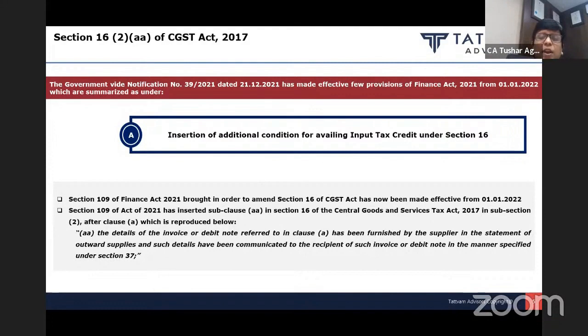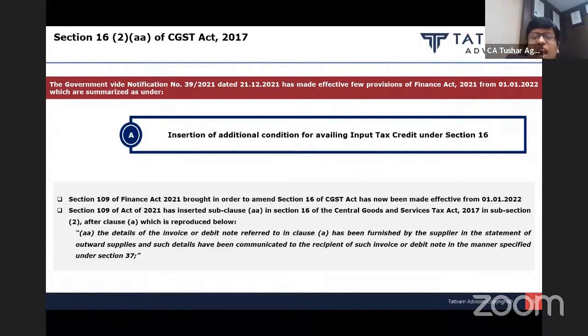Say, the amendment in respect of association of persons, the definition of supply, which they have made effectively. So in Finance Act 2021, you have certain amendments which they have done retrospectively, and certain amendments where they are silent. And the way they have amended section 16, they have not done this retrospectively, and hence it's a prospective amendment. Since it's a prospective amendment, to my mind, it is for the first time such kind of condition is introduced